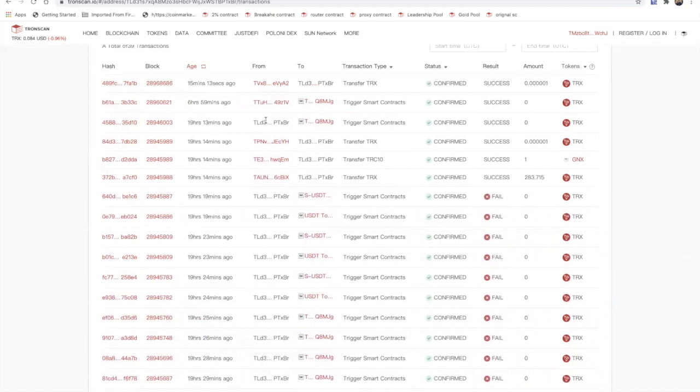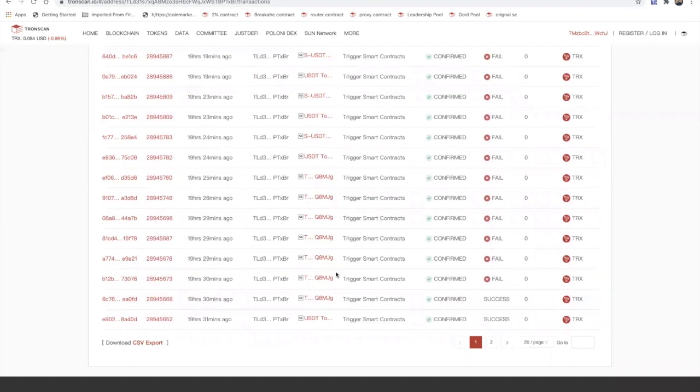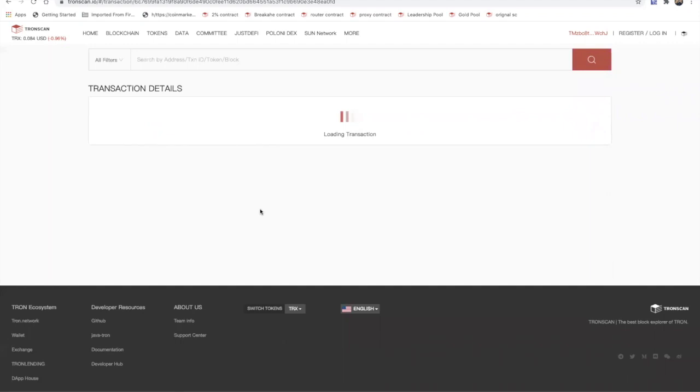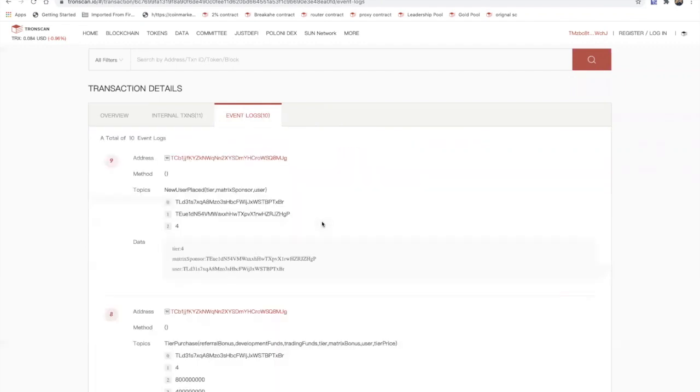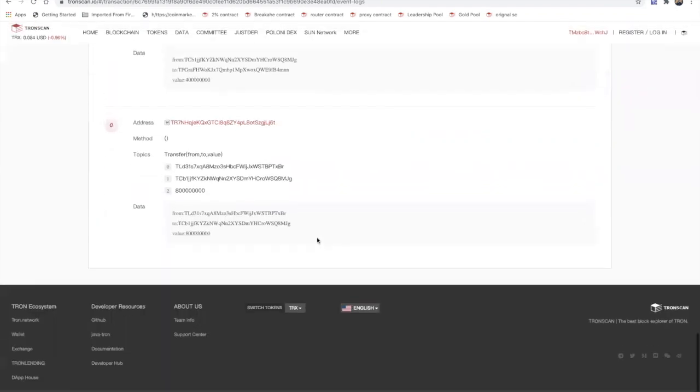So what does that mean? That means that this member that says they didn't earn the refer bonus or the matrix actually did. And I'm going to show you right now. So here, 19 hours ago, they would have received the refer bonus. Let's make sure that they are, in fact, the refer. So we come here. Here's 10 event logs. We click on this and we see